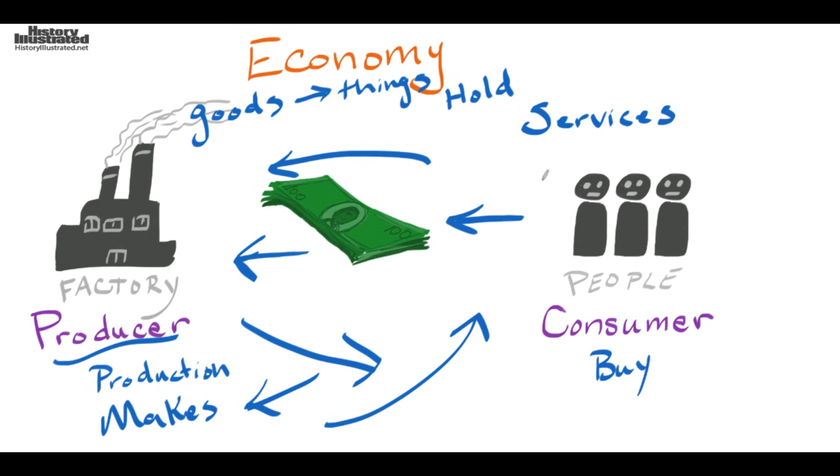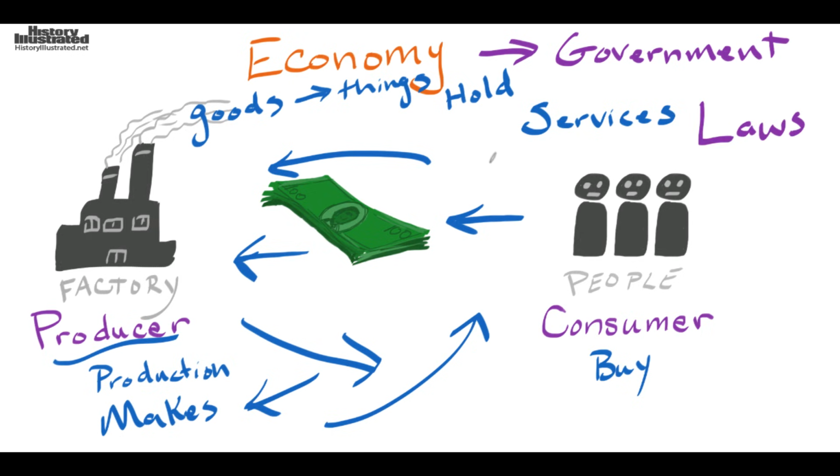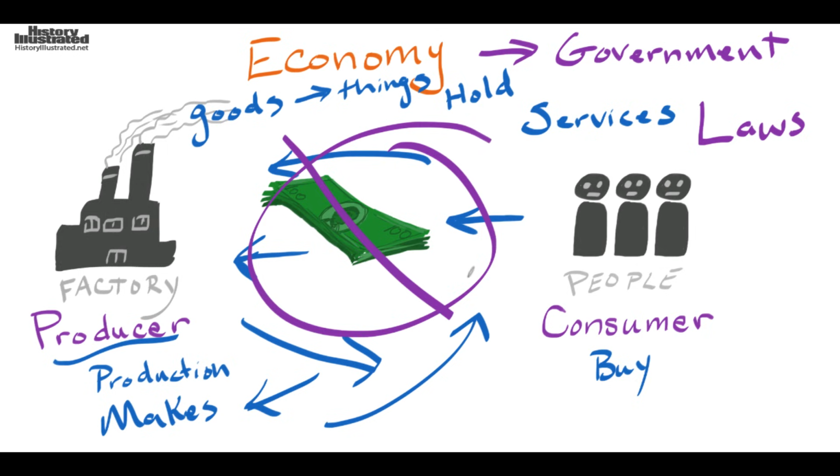Now, there's one last thing I need to make sure that you understand about the word economy. I'm going to change my color here so that it stands out a little bit better. There is going to be government involvement, which means the government can step in and make laws that change the way all of this happens. They could say, nope, you can't do things that way. You can't produce that certain material. These people over here cannot have this. They will change the laws on them.